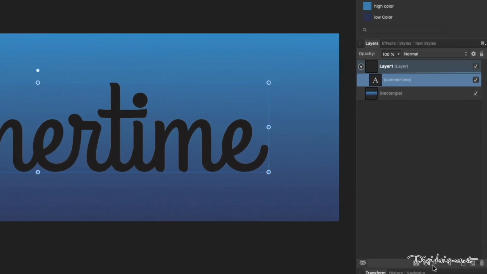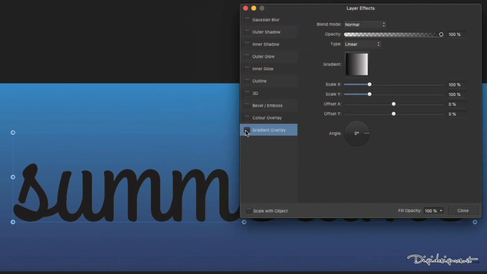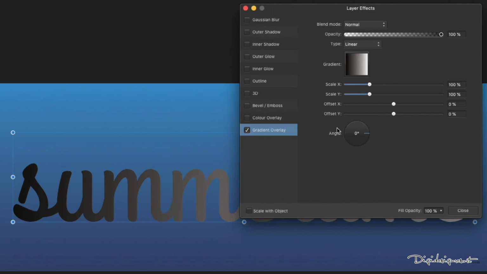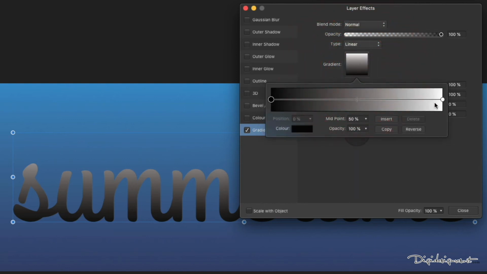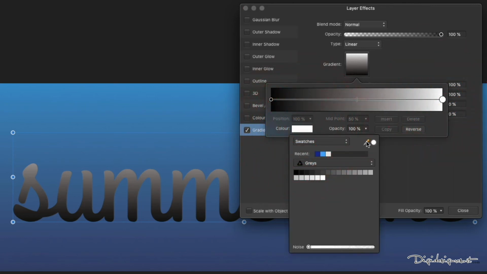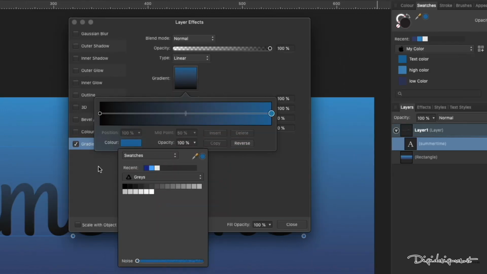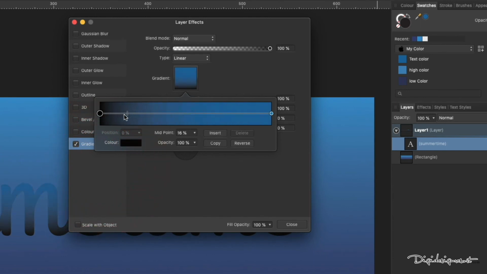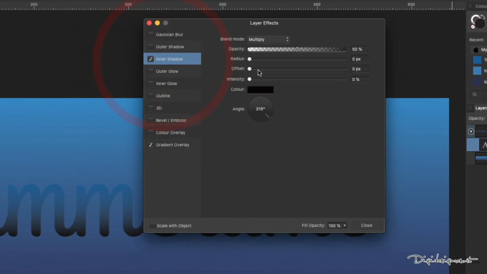Now we need to play a bit with the modes. So click on the F, and now we need to add a gradient overlay also on the text. So click on that gradient overlay, and you see it has 2 colors which doesn't fit right now. So we need to set where the light is coming from. It's coming from the top actually, because that's the light part here. And once I've done that, I click on gradient, and now I choose 2 colors. I click in here and pick the colors, one from the top here or from my layers palette, wherever, and then click here in it, and I have picked that color, and I do the same at the bottom if I want to change it actually. Okay, so here it's dark, and once I've done that, I click on inner shadow, and I need a little